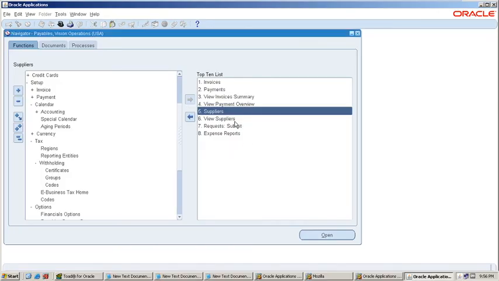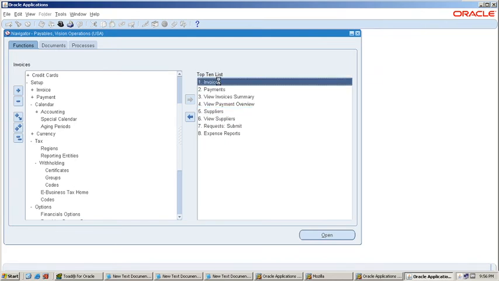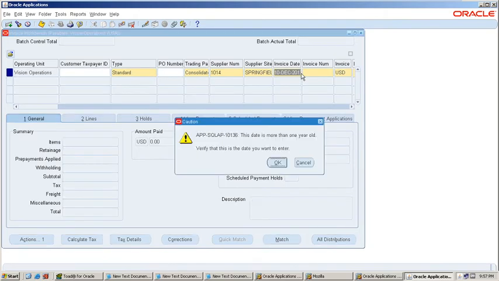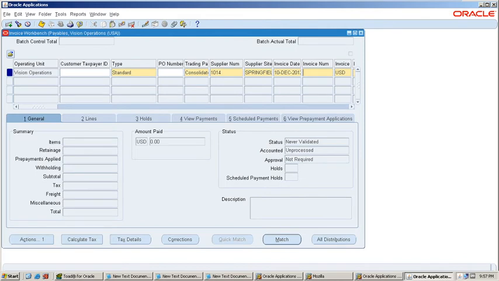Now go to the invoice workbench and create the invoice. Now enter the supplier. I am giving the invoice number as WHT testing.